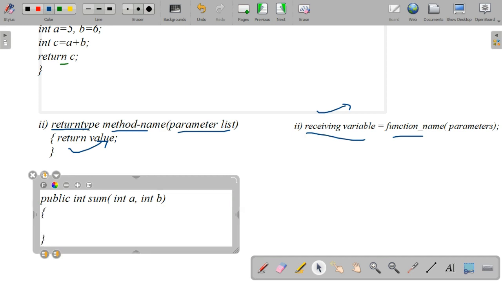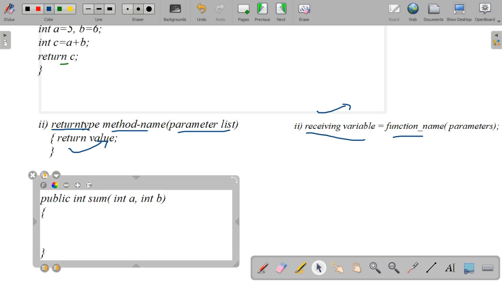All of you remember, when you are defining a method with multiple arguments as parameters, we have to specify the data type of each argument, separated by commas like this. Okay. So here in this example, we need to define a method that will receive two integer parameters and return their sum as integer data type.